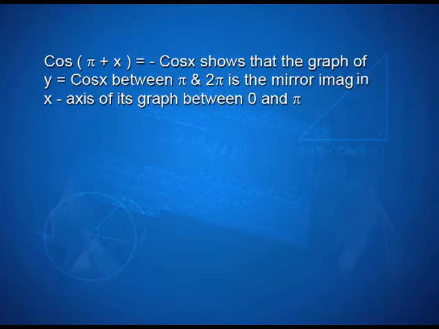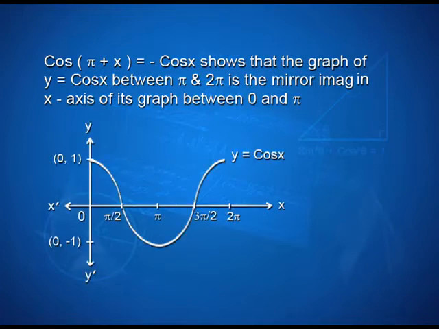Thus, the graph of y is equal to cos x between pi by 2 and pi is below the x axis. Now, cos of pi plus x is equal to minus cos x, which shows that the graph of y is equal to cos x between pi and 2 pi is the mirror image in the x axis of its graph between 0 and pi. Look here, we have x axis X dash O X and y axis Y O Y dash,